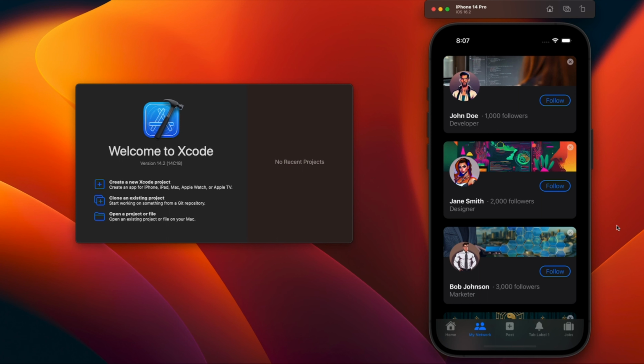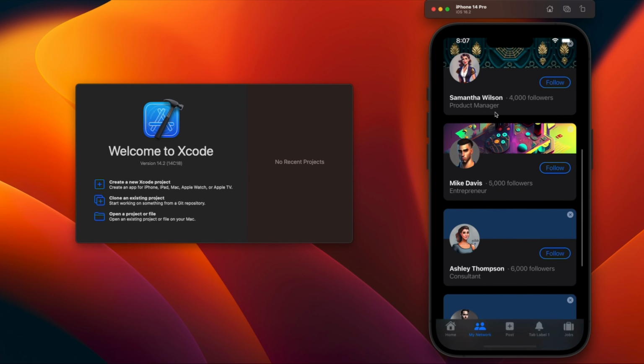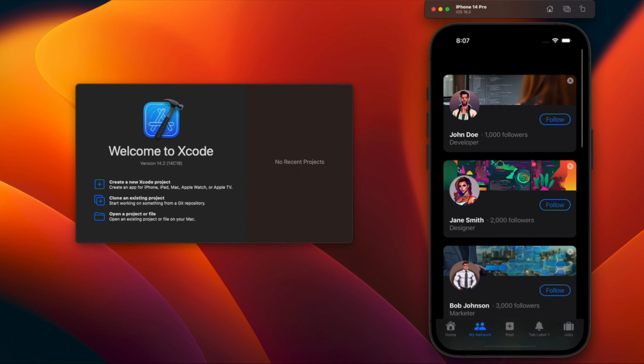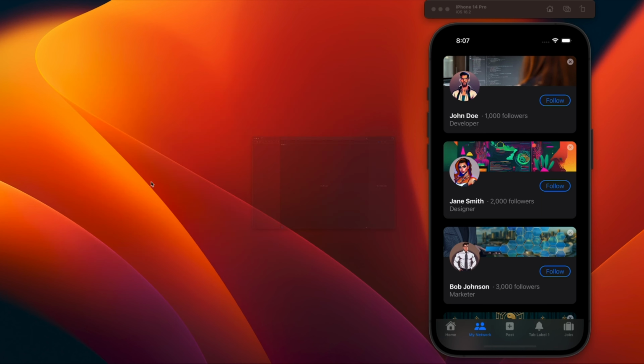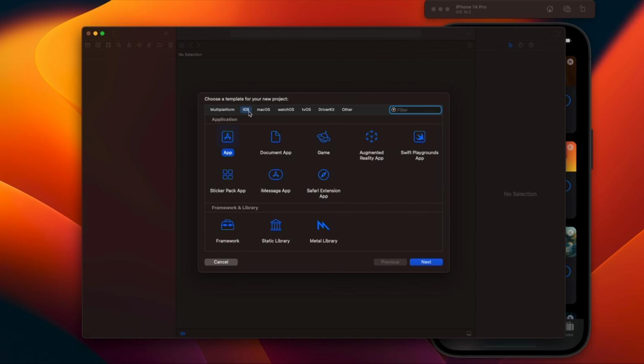World, my name's Caleb, and today we're going to build out one of these cards in SwiftUI. Nothing too advanced, just something to get you started in SwiftUI development if you haven't already started. So let's go ahead, come over to Xcode, create a new project, and we'll just pick iOS,